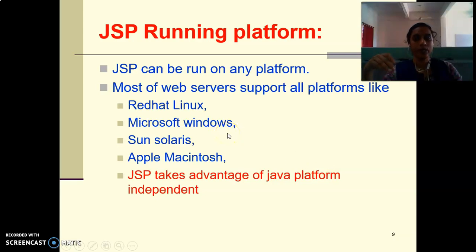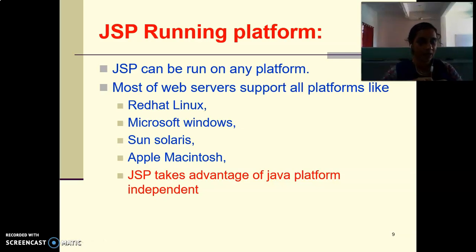Now let's see how you run JSP, or what the JSP platform is. Most of the web servers support all platforms like Linux, Windows, Sun Solaris, and Apple Macintosh. But JSP takes advantage of Java being platform independent.